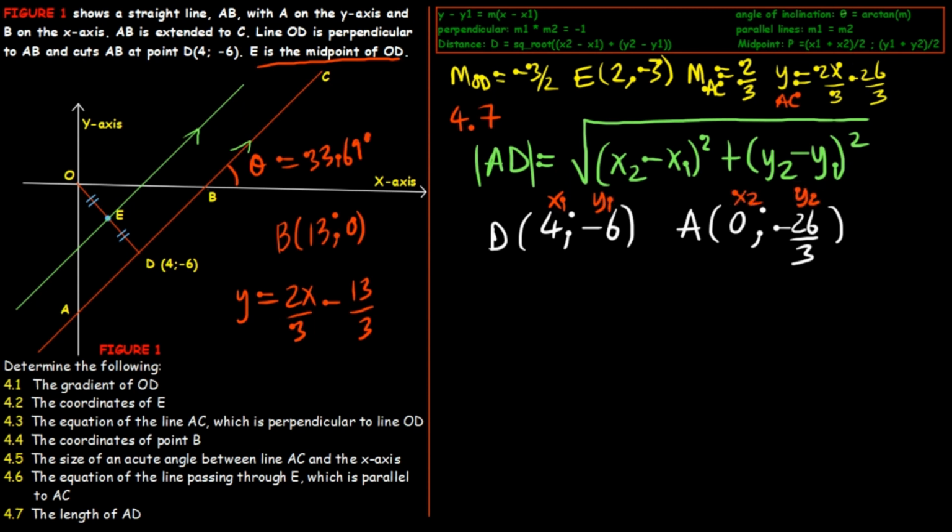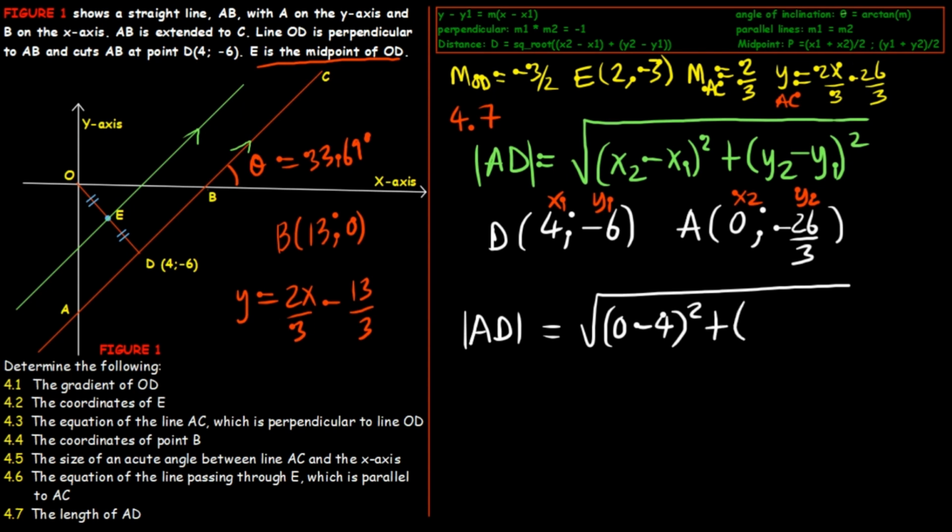Now let's solve our problem. So we need the length from A to D. Now let's substitute. We have x2 is 0, then subtract x1, which is 4. Then we square, then we say plus our y2, which is -26 over 3, then subtract our y1, which is -6. We will have to put this in brackets, then everything in brackets we square it. Okay, so this will leave us with a root